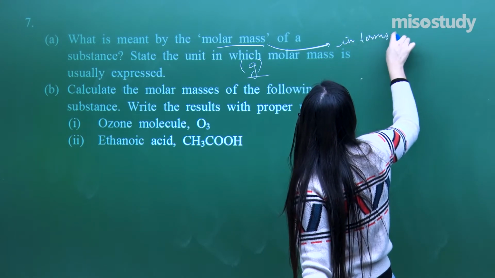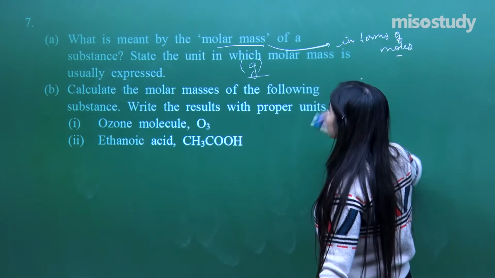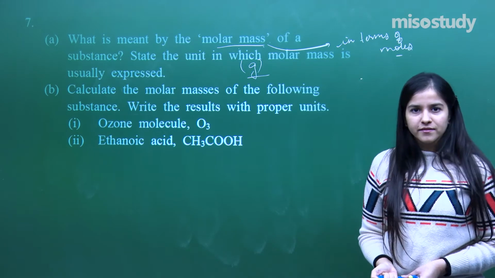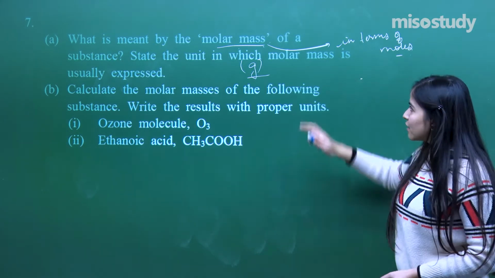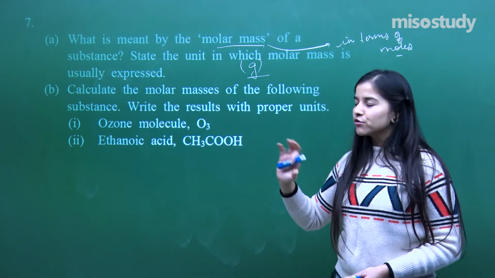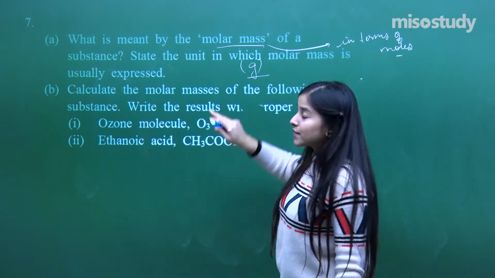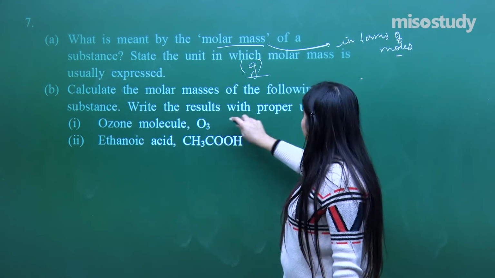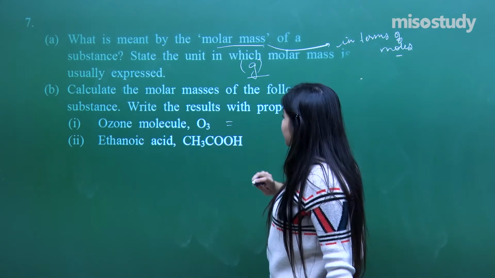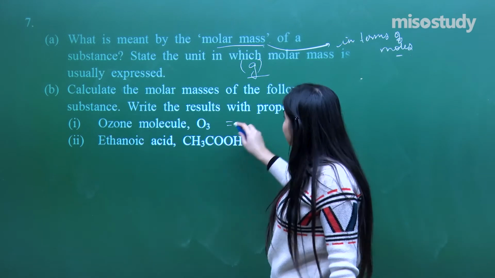And molar mass in terms of moles. So basically if I find out the molar mass of a compound, that means it will be corresponding to 1 mole of it, fine, we know this. And yeah, I am not going to write the entire definition for you because we have already discussed this, you can refer to the lecture for that. Calculate the molar masses of the following substance, okay, write the results in the proper units. So it's super easy, just need to write down the molecular masses in grams and it will do my work.